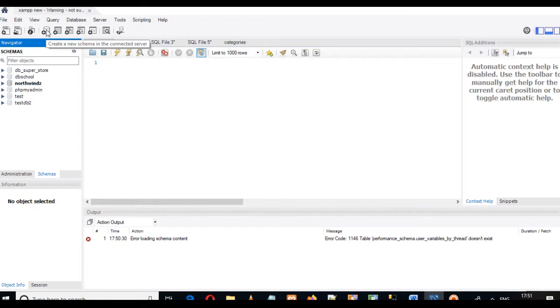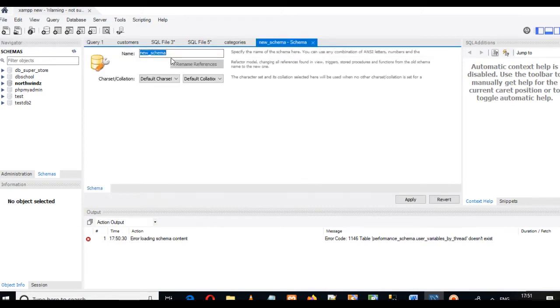So first I will give you an example where we can create a new database without writing any queries. Click on this particular option where it is written create a new schema, with a plus sign and an icon of a database. Now it is asking for a new schema name. You can give the name of your new database here.